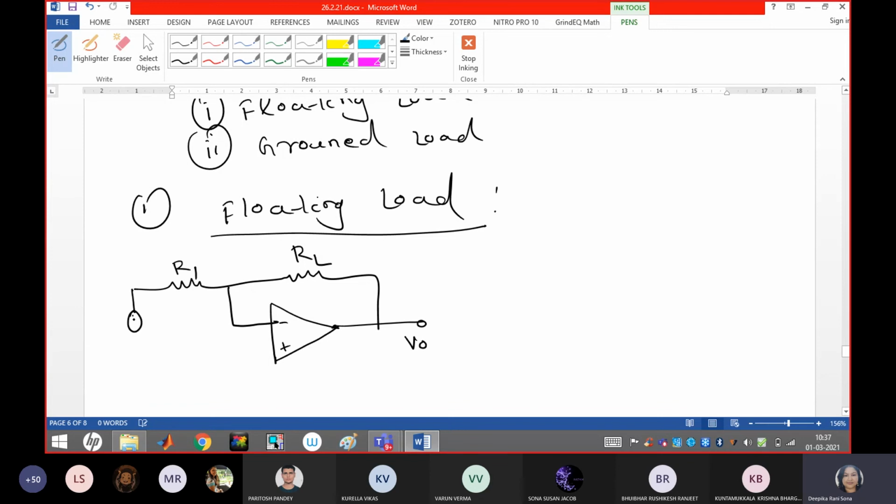And here my VI is applied at the inverting input terminal, and this end is grounded. What relationship do I have to place in this circuit, guys? I have to make IL proportional to VI. Across this load resistor, suppose the voltage appearing is VL. So let's analyze the circuit.